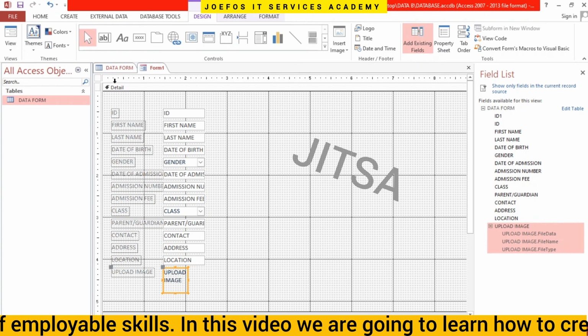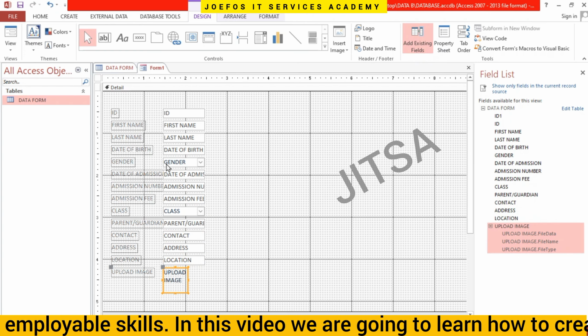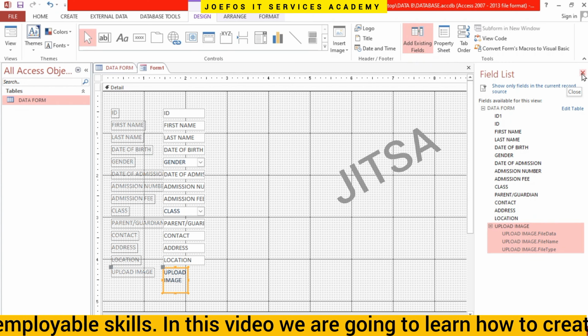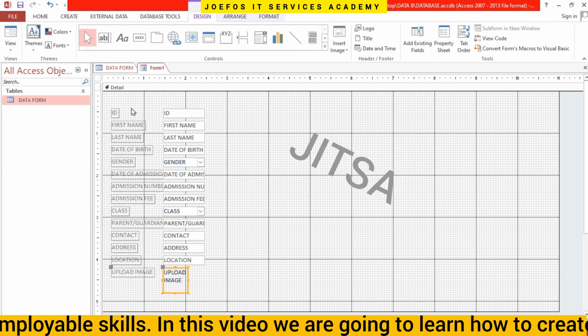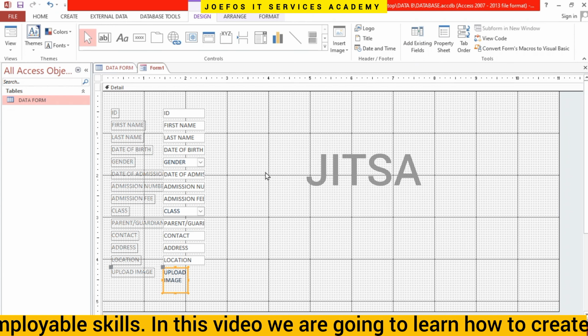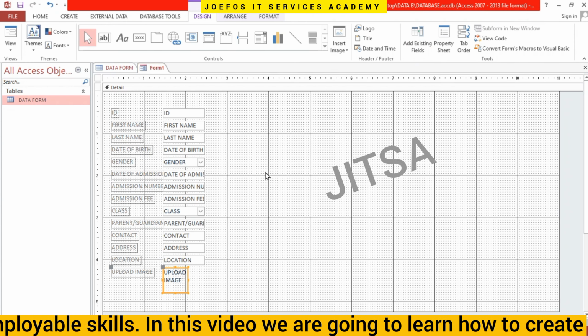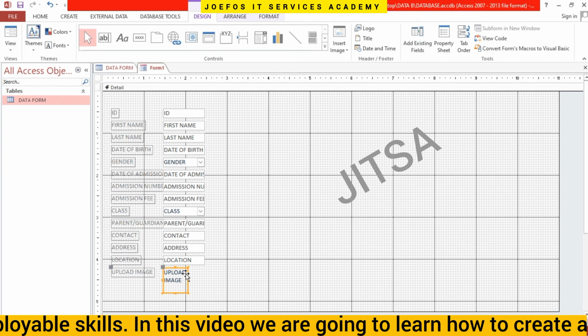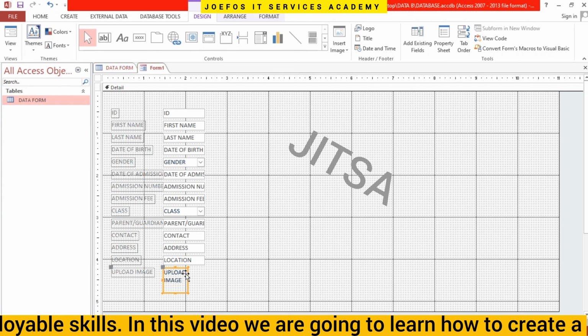Have you seen that they are all appearing here? They are all appearing on the form without wasting much time on them. So let's close this one. Now this is where we are going to do the necessary editing and formatting, because this is the front end. So we need to spend much time on this one so that it can look nice,